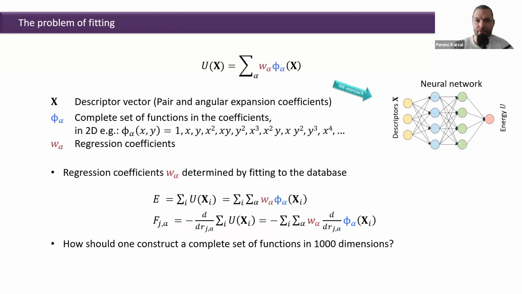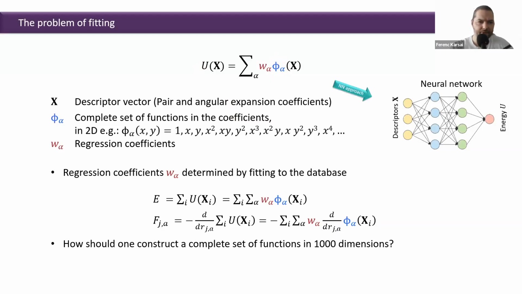So now we come from the descriptors to the fitting problem. We start by asking the question, how should the function for the energy contributions U look like? Actually, one way of tackling the problem is to use a neural network where input nodes are descriptor values and the output is the energy contribution U. However, in VASP we follow a different path. Let's assume we would try a standard regression method. So we represent our function U as a product of weights and some basis functions phi.